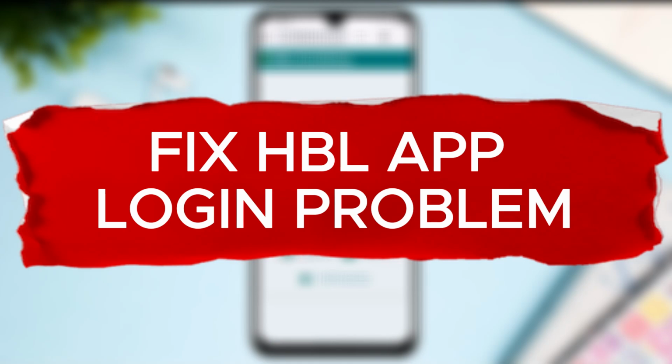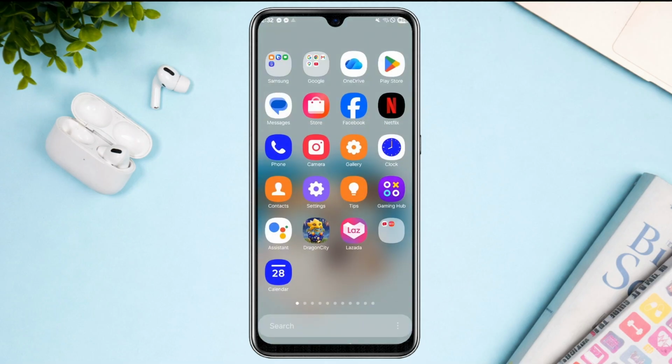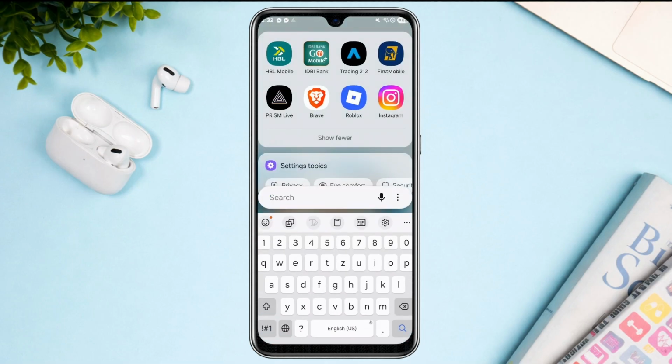How to fix HBL app login problem. Now, in this very quick video, I'm going to provide you basic troubleshooting steps for you to fix if you cannot log in on HBL application. Now, aside from making sure that the password or username you're trying to input are correct, here's how you can